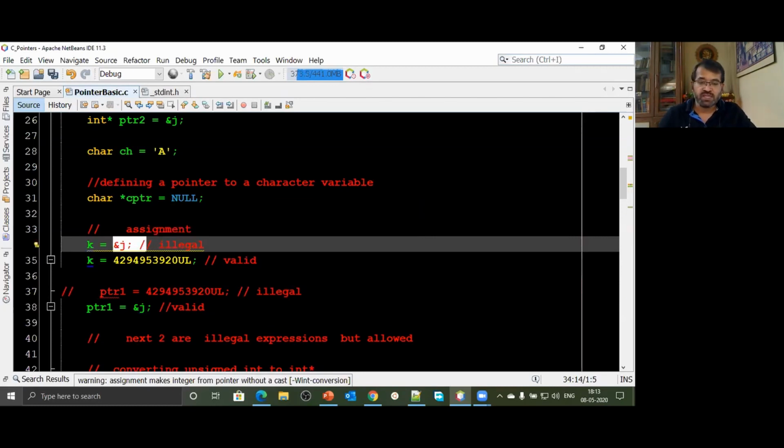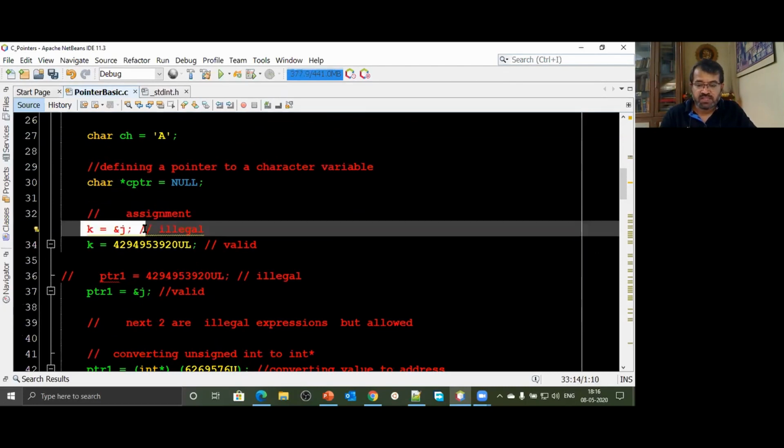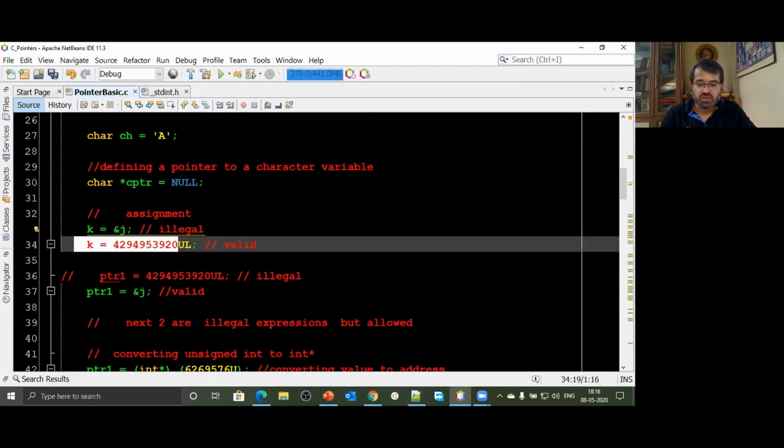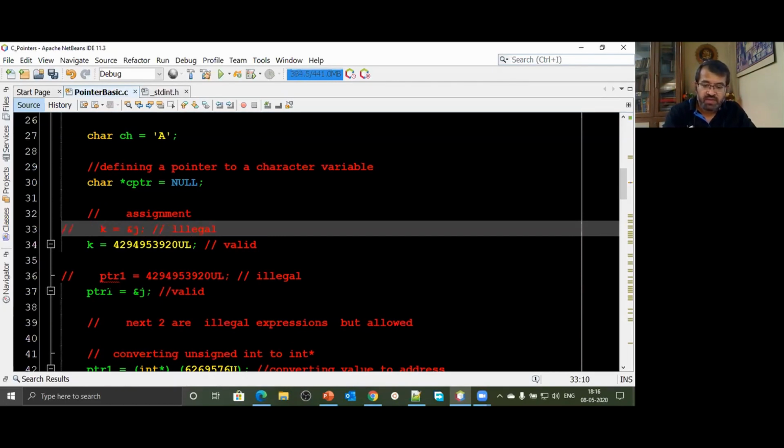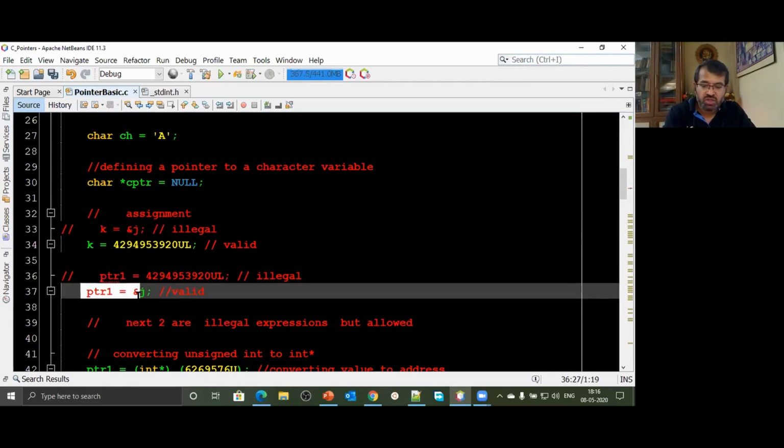If anybody has a question, please ask before I go ahead. So to store address, we require special types of variables called pointers. Normal variables can store values, small or large. Pointer variables can store address, small or large, a near address or an address at a far location. But pointer variables can store only address, they cannot store value. A pointer can store address 500, but value 500 it cannot store. A normal variable can store value 500, but address 500 it cannot store. So what we understood: normal variables cannot store address, they can store only values. Likewise, pointer variables cannot store normal values, they can only store address.